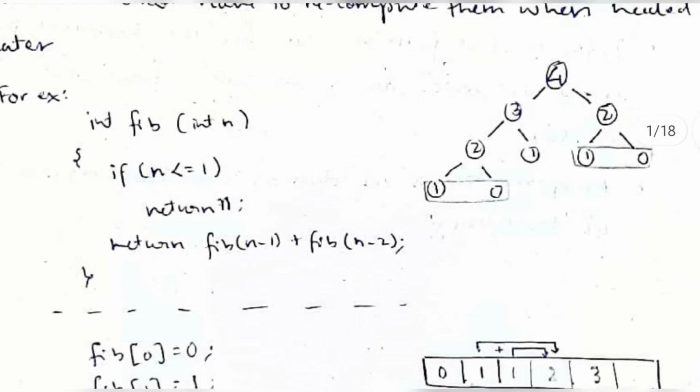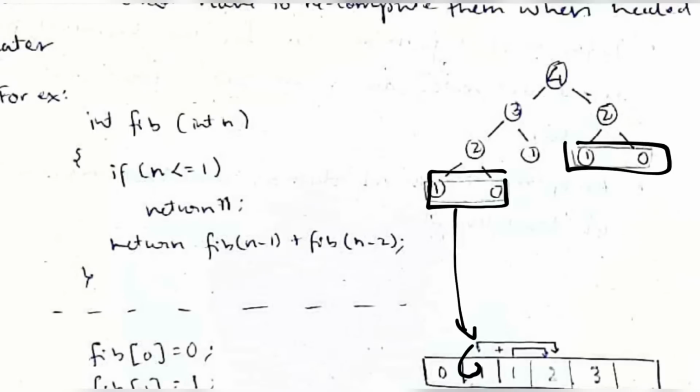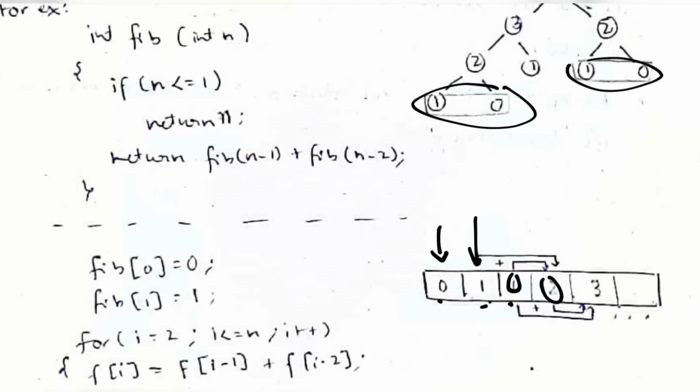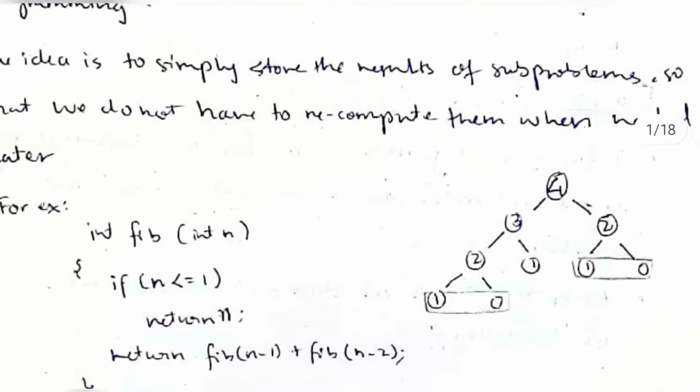To optimize this, what we'll be doing is storing this value inside an array. So we need not calculate this value again because it is already present in the array. That's what dynamic programming is. If you consider an array here, this will be initialized as 0, this will be initialized as 1, and the next one will be the sum of these both, and the next one will be the sum of these both. In that way we need not calculate 1 and 0 again as in recursion. So this is the advantage of dynamic programming.